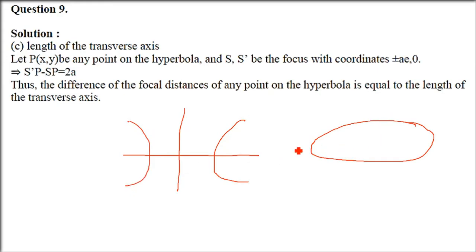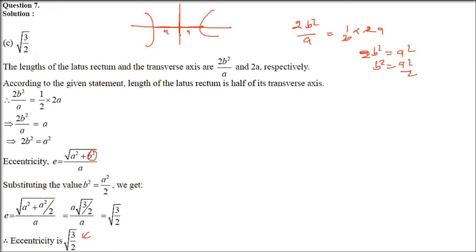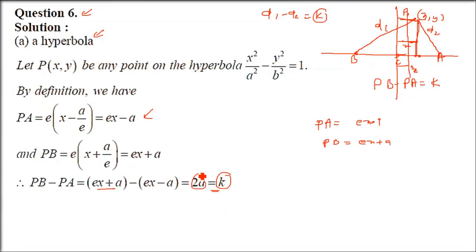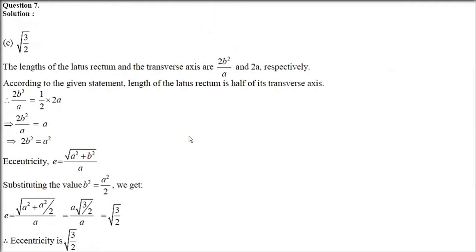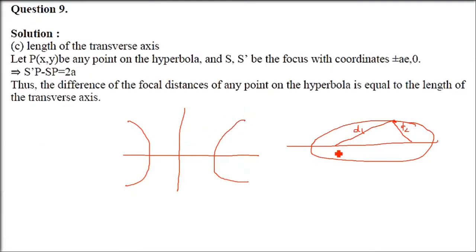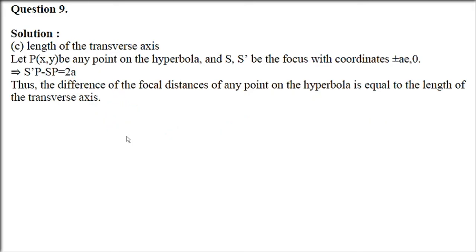For the ellipse or the hyperbola it is going to be the same, 2A. So the distance of any point which is on this locus from the two fixed points, which are our focuses, is going to be 2a. You remember this thing I explained to you just now? So this is going to be 2a only. So just write 2a. You don't have to do anything. Take any distance d1 or d2, and d1 minus d2 is going to be your 2a. Just write 2a. So that is the answer.